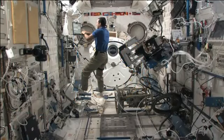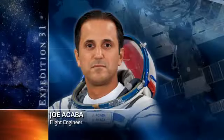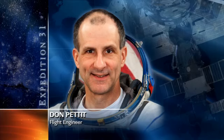Flight engineer Joe Acaba spent time today doing maintenance on the Japanese robotic arm, and then moved to gather up hardware that will be used for the maintenance on the thermal control system that he will perform later in the week. Flight engineer Don Pettit had time today to gather up hardware that will be used for the assembly